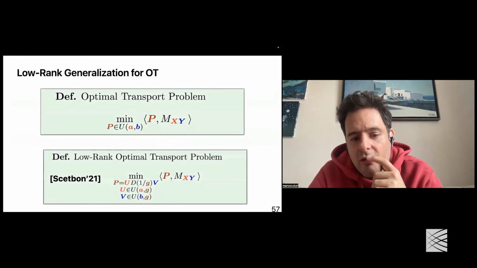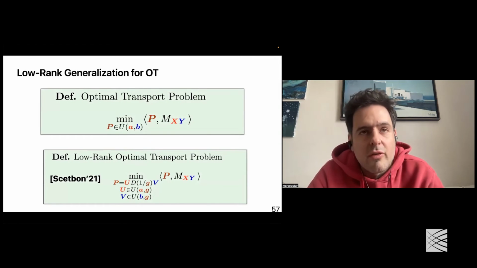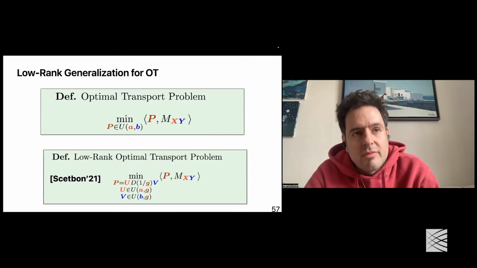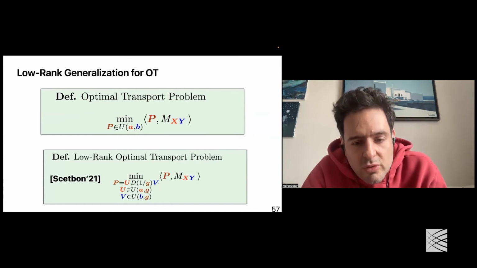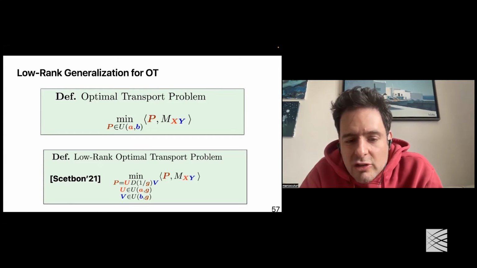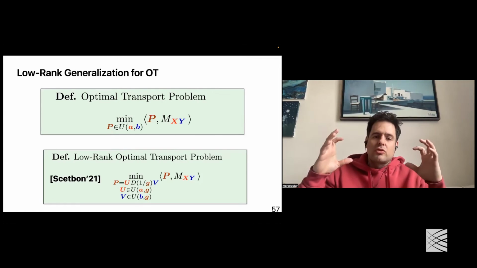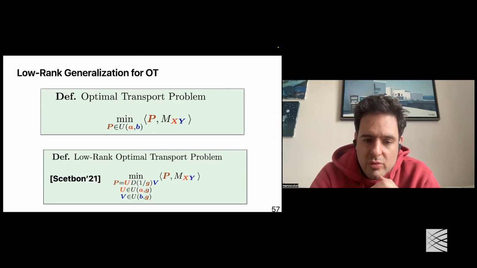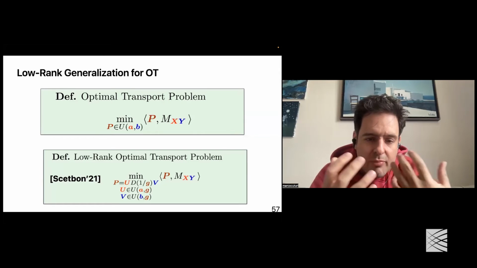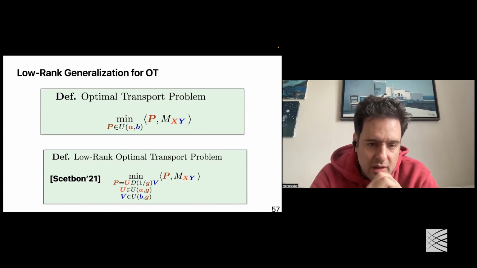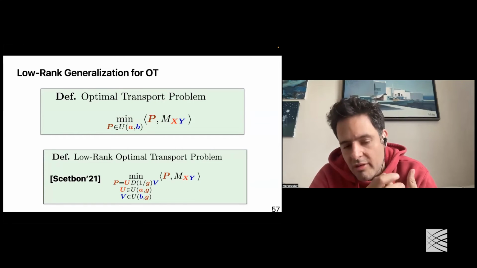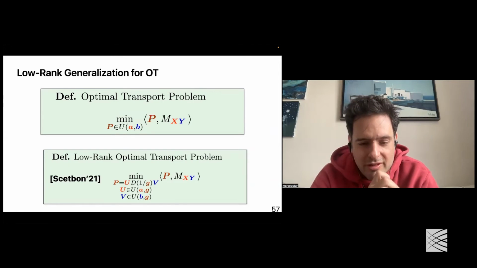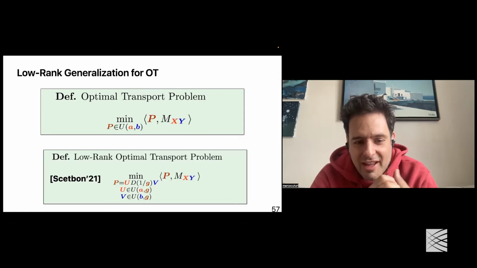Another regularization, or let's say another formulation that we've come up with recently with co-authors, is to use some form of explicit factorization of the solution P. And so rather than actually having a solution matrix P of size nm, we have recently proposed to factorize P as a product of non-negative matrices. This is still relatively new, so I won't have too many resources here to present it, but as Marius will mention later on,